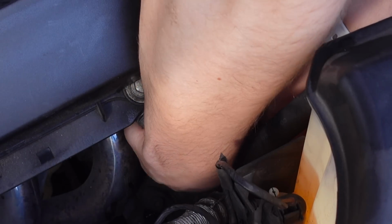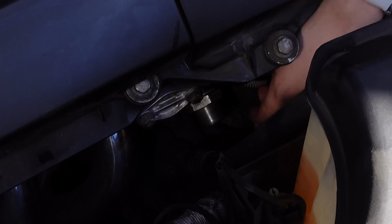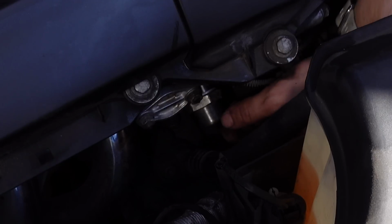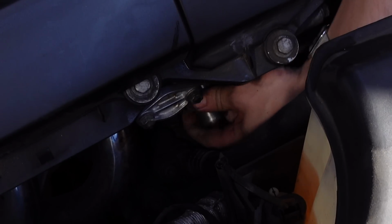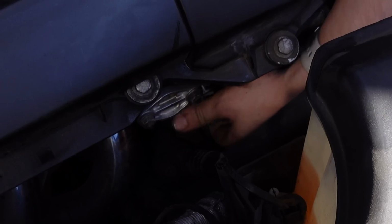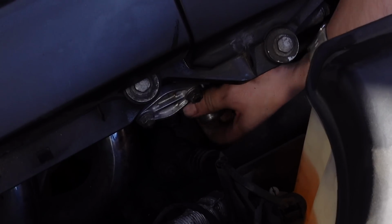Gotta fight against the spring. There we go. All right, it started. Now it's just the tedious threading it in. And boy, this is a walk in the park compared to what I've been spending the rest